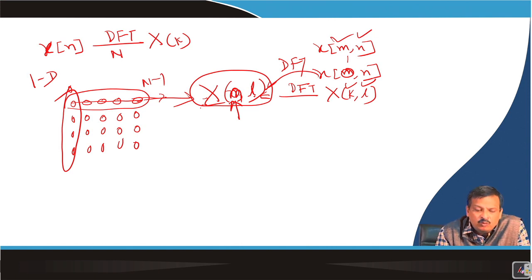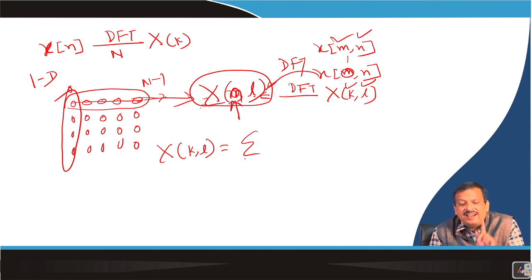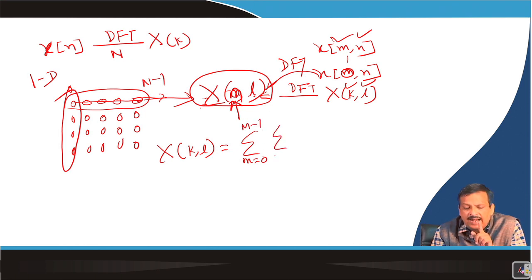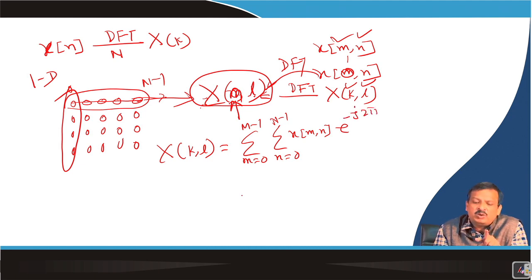So, if I say what should be the final representation? I know X of k and l should be, you do not have to remember it. First m varies from 0 to M minus 1, then n varies from 0 to N minus 1, x of m and n, e to the power minus j 2 pi. So, the frequency resolution, if I say I take an M cross N point DFT, that means